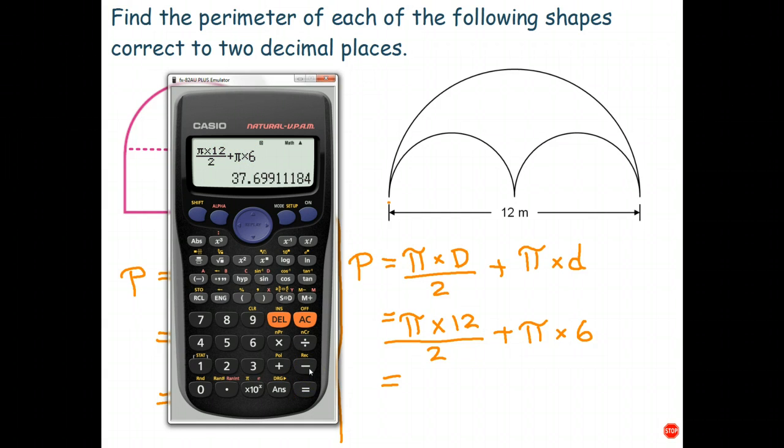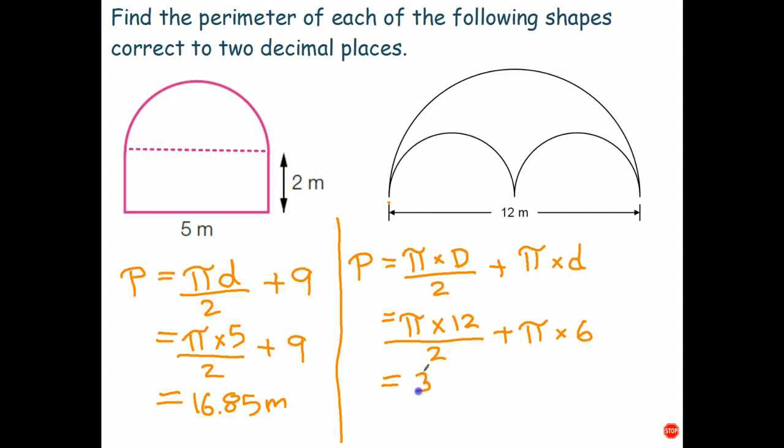And the total distance around the outside, 37.699. Well, again, looking at the third decimal place, because that's a 9, 69 rounds up to 70. So I get 37.70